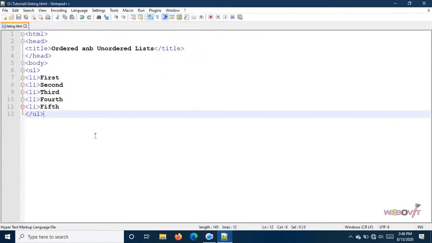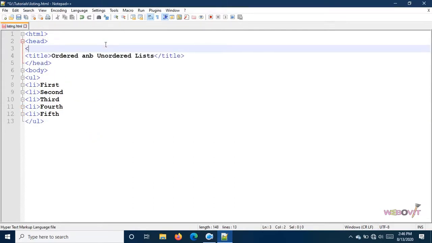Okay, so we will link this file to an external CSS file as well. You know the benefits already.